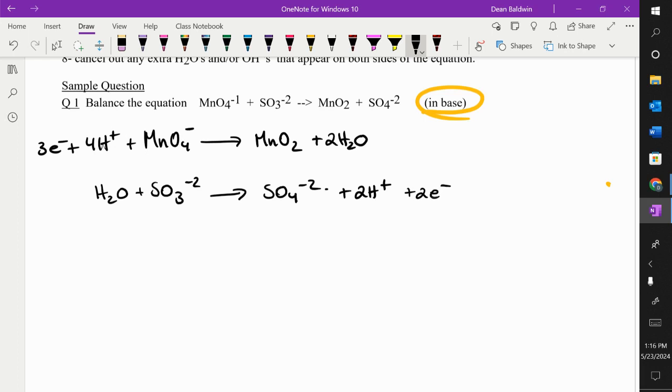Now you just have to make the electrons go away. How do we do that? You have to have equal numbers, right? I have 2 in this equation, 3 in that equation, so I got to turn them into 6. So this one gets multiplied by 3. This one gets multiplied by 2. I'm going to write them below here. So we're going to get